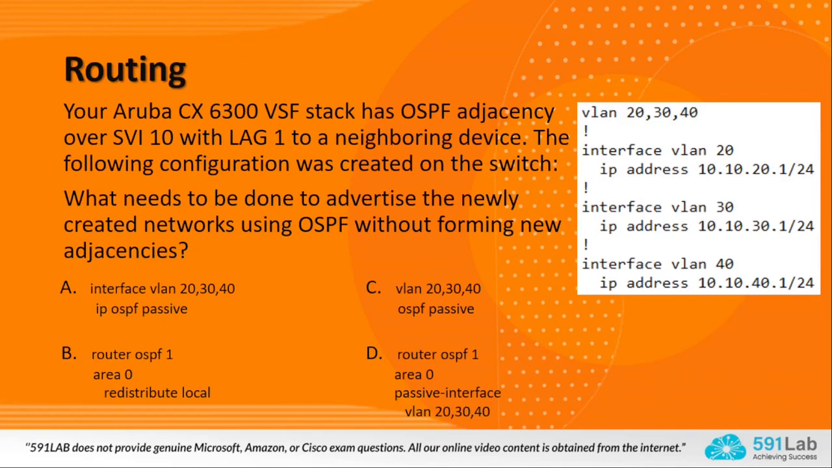Your Aruba CX 6300 VSF stack has an OSPF adjacency over SVI 10 with LAG 1 to a neighboring device. The following configuration was created on the switch. What needs to be done to advertise the newly created networks using OSPF without forming new adjacencies? Okay, let's